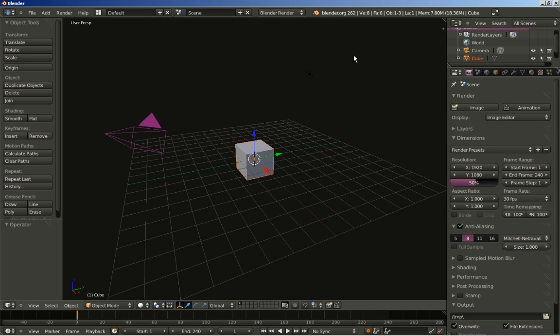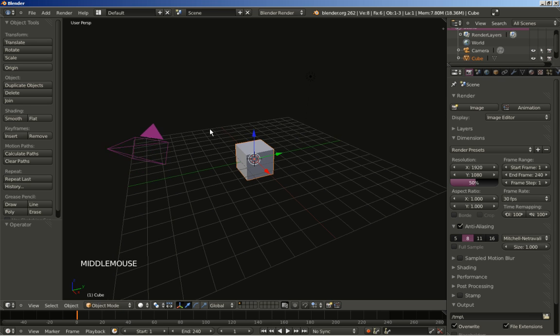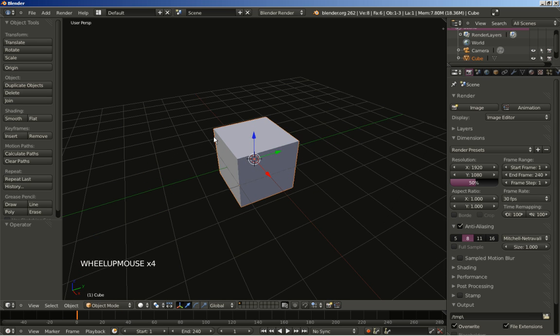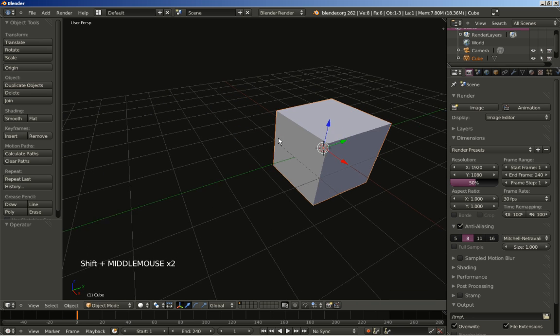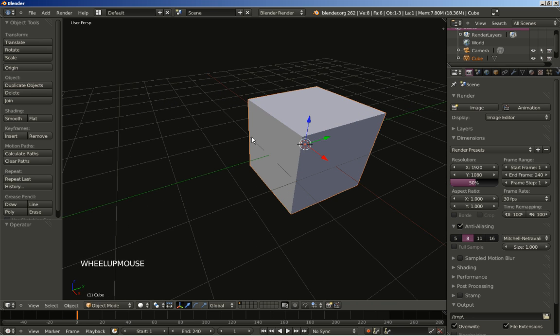So hi there, time for another video tutorial, and this time around we'll be making a cute little scene. It'll be super easy to build and also very fast to render. So let's begin. I'll be using the default cube for our modeling, and I'll hit the Tab key to switch